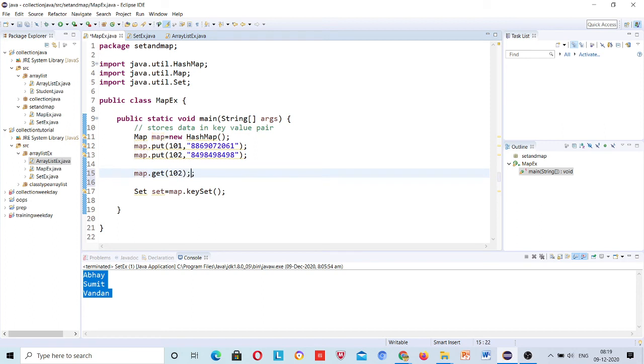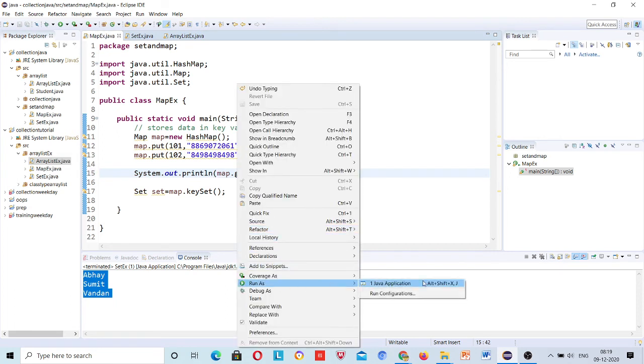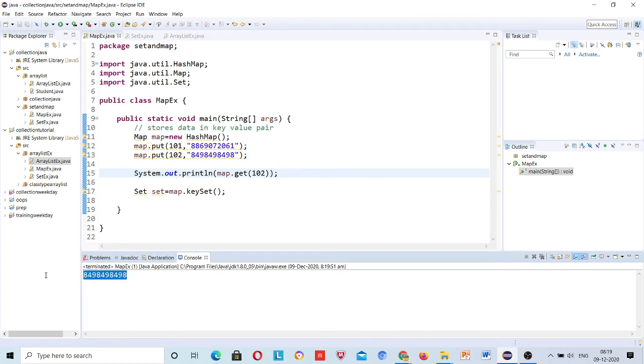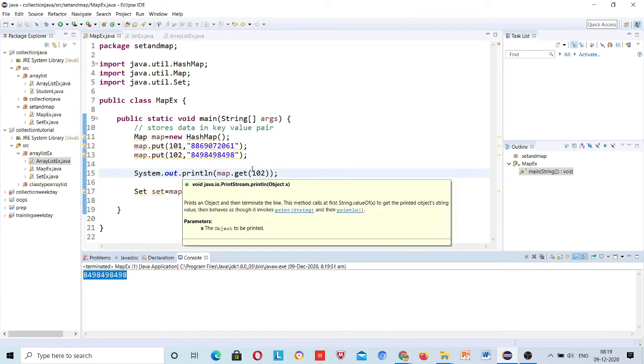One zero two. Then if I print this, it will print my roll number.